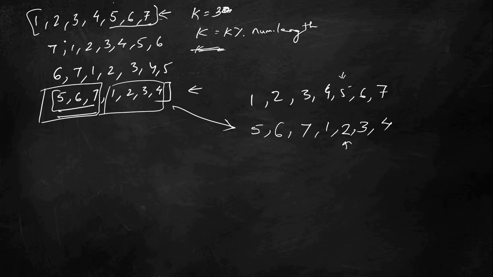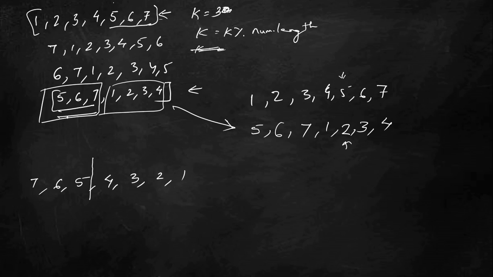So first, the number is 1, 2, 3, 4, 5, 6, 7. We can directly reverse that number. If we reverse it, you will get 7, 6, 5, 4, 3, 2, 1, correct. So we need the end result as 5 6 7. 5 6 7 is present, but it is present at the starting 3 positions, which is same as k equal to 3. So if I break this at k equal to 3, the first 3 elements,